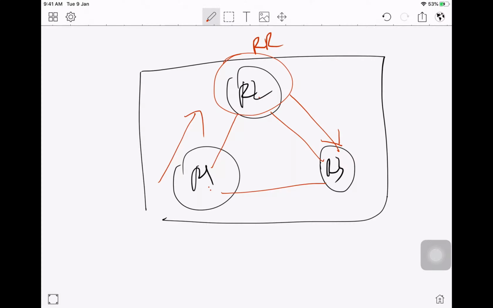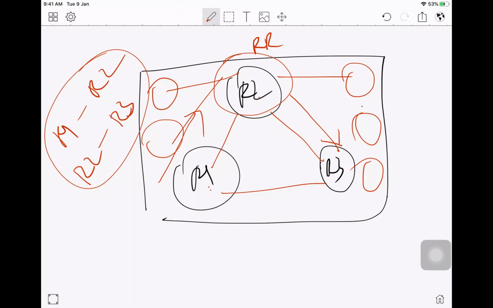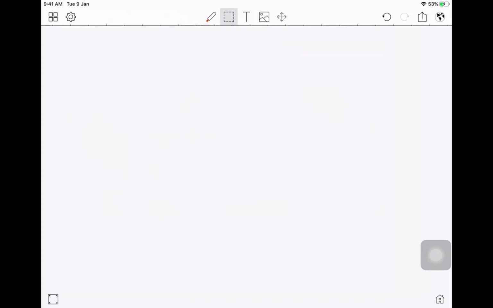So route reflector helped us get over the split horizon, and because we were able to do that, we no longer have to create a lot of neighborships in the network. So here in this very topology, you just need to create neighborship for R1 to R2 and R2 to R3, as simple as this, right? It's just two neighborships. Now imagine if you had a lot of routers right here along with R1 and R3. You no longer will have to create a full mesh of neighborships. You just have to create neighborship only with the route reflector, and the route reflector will then send it downstream. The routes basically will be sent to the other guy. Okay,